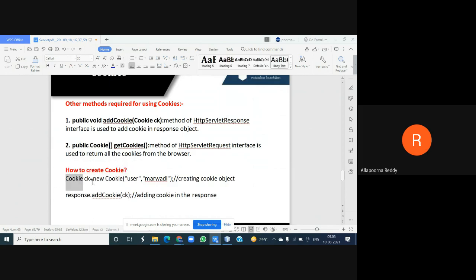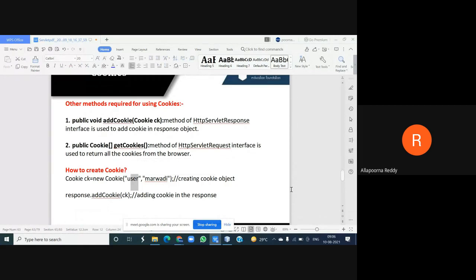And what is ck? I told you already, ck is an object, creating an object for my cookie, with the help of my operator new. And what is my string name? The name is user, and the user value is Marwadi. I created an object of my cookie.